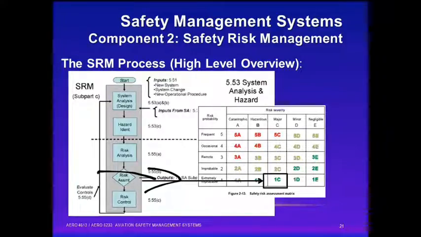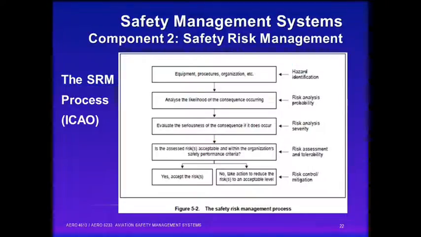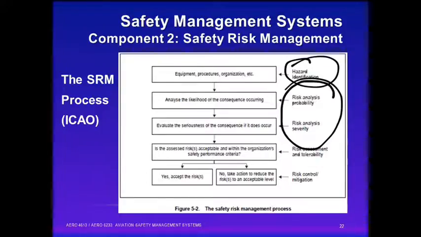But in the safety assurance component, we continually monitor that hazard and that risk for the system itself for new hazards. And we'll get into that a little bit later. For now, just to drive the process home a little bit more, here's another flow chart by ICAO that illustrates what we just did. We start by identifying the hazard. We conduct risk analysis by evaluating the probability or likelihood and the severity criteria, and then we assess that risk